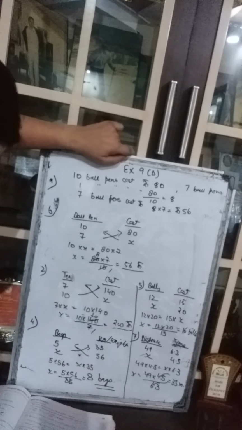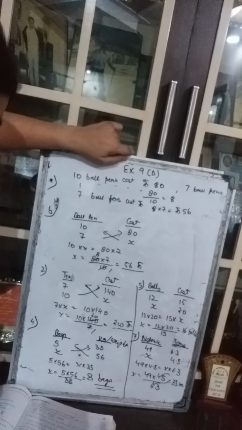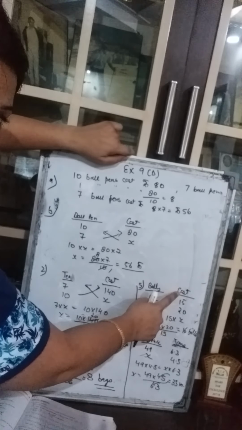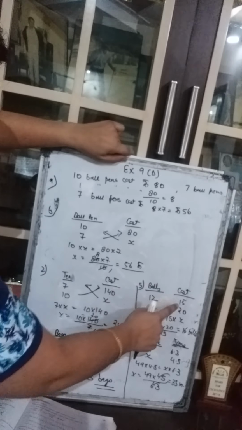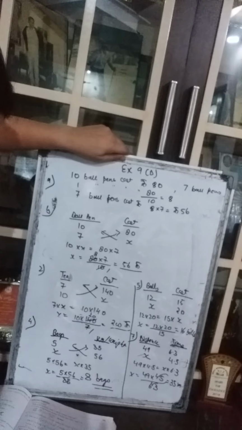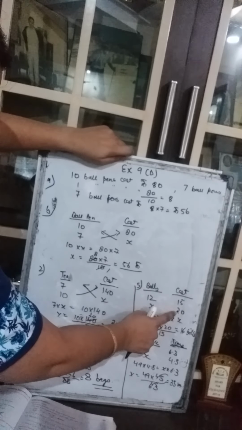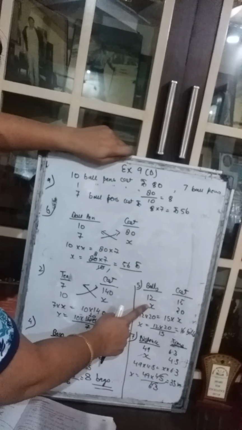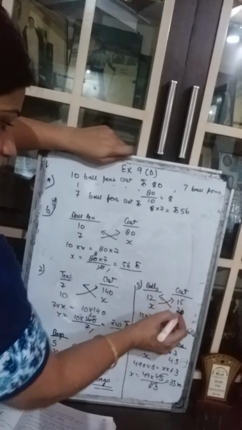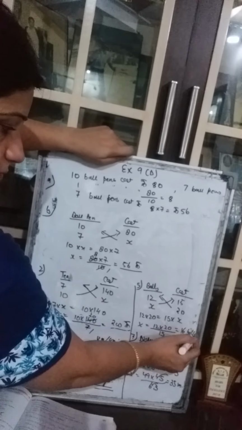Let's do the fifth question now. Fifth question says 12 rubber balls cost rupees 15. So the two headings will become balls and cost, right? So 12 balls, they cost rupees 15, and how many can I buy for rupees 20? So cost, we have 20 rupees. How many balls? We do not know. Write X under that. Simply do the cross multiplication and you will get 16, answer 16 balls.